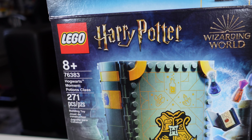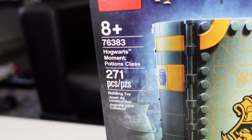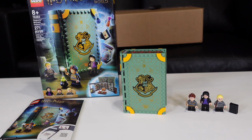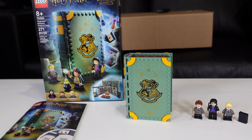And the set that I have here is Lego Harry Potter set 76383, Hogwarts Moment Potions class. And if you guys remember back to some previous hauls, actually I have all 4 of these books. I thought they were really fun and interesting. And the reason that I actually pulled this one out of the backlog and saved it from doom was because